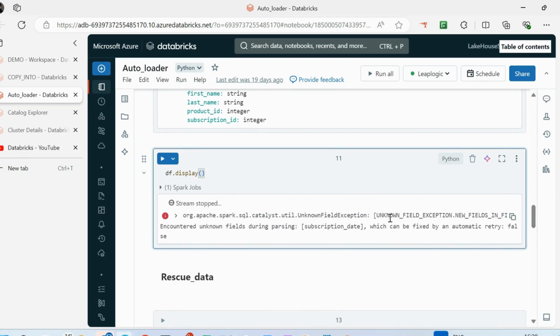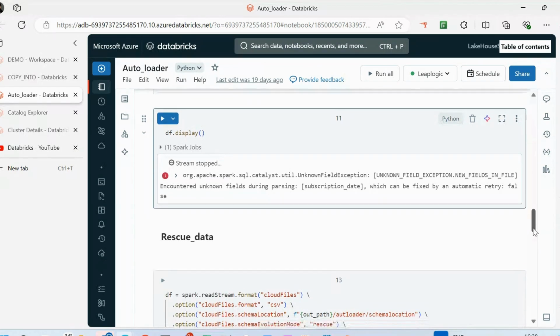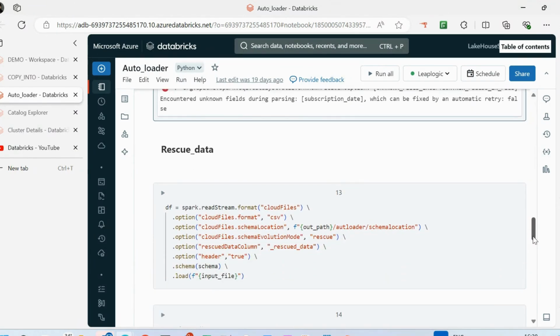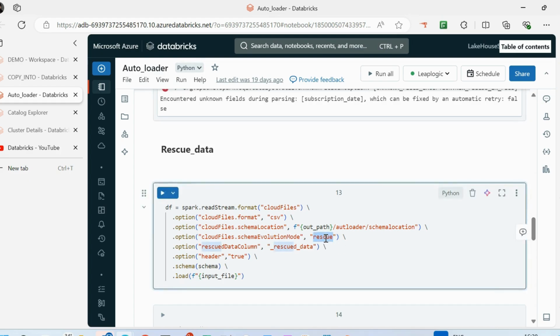Now you will see there's an unknown field exception, that a new field in the file has been encountered, that is my subscription date. It's not able to parse that, so this command failed while loading the data into the Delta table. Now if I want to make this pipeline run, I can mention rescue mode in the schema evolution.